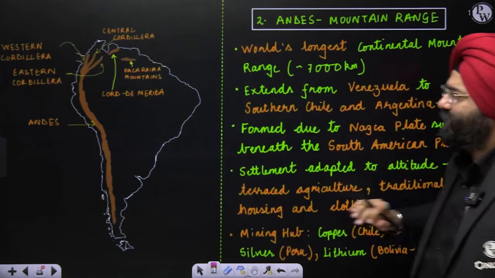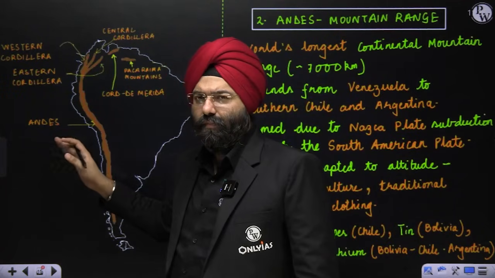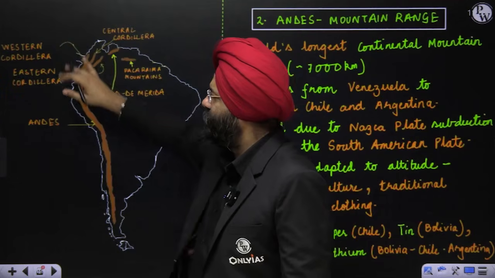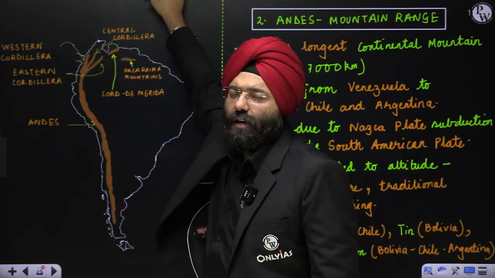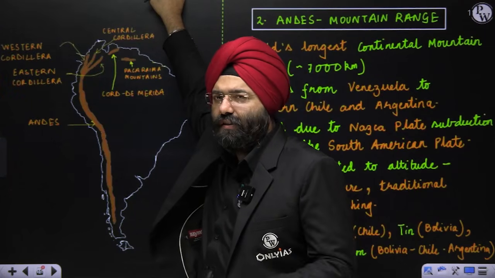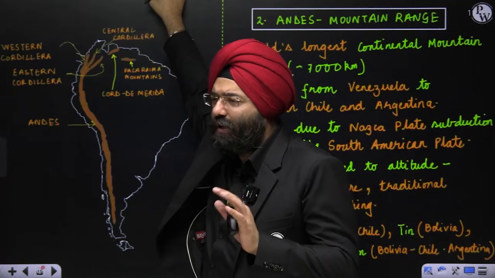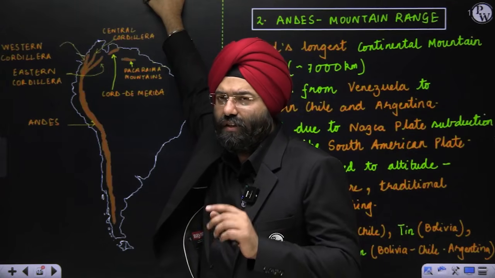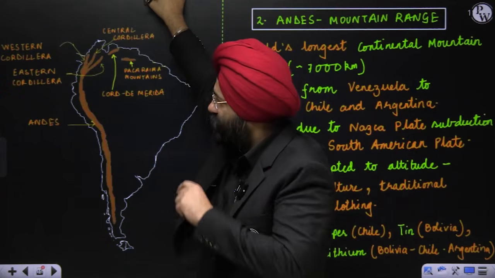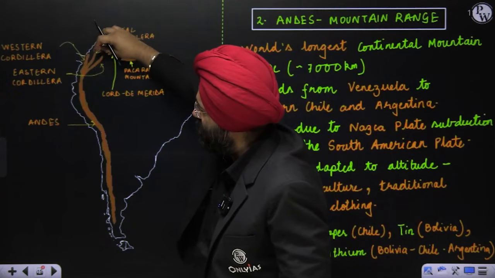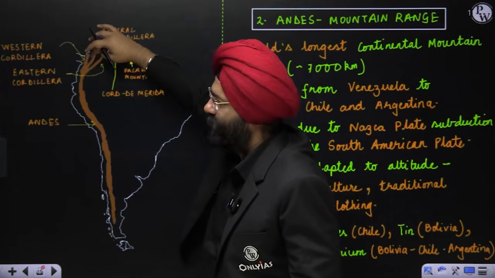Now comes the Andes. This is a map that I have drawn of the Andes. We will be analyzing them after a few slides also. When we see these Andes, I had used the word Cordillera in the previous lectures also. When I was teaching you North America, I said that Cordilleras basically mean parallel mountain ranges with plateaus in between or along with them, right? So in this particular region, along with the Andes, there are multiple almost parallel ranges. That is why this is known as Cordilleras.